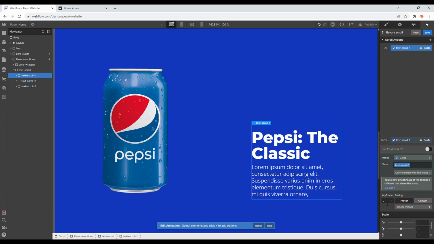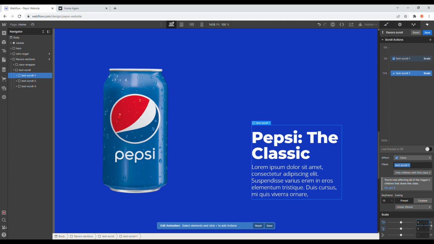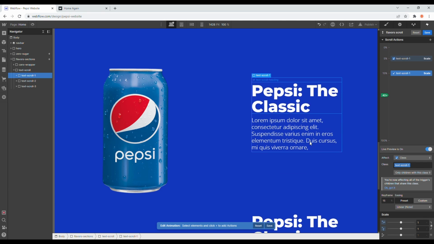Maybe at like 5%, we are going to have it scaled down, so it's going to be right like this. And then a little bit later, maybe at like 15%, we want it to come to its full size. So if we go back and look at this in live preview,